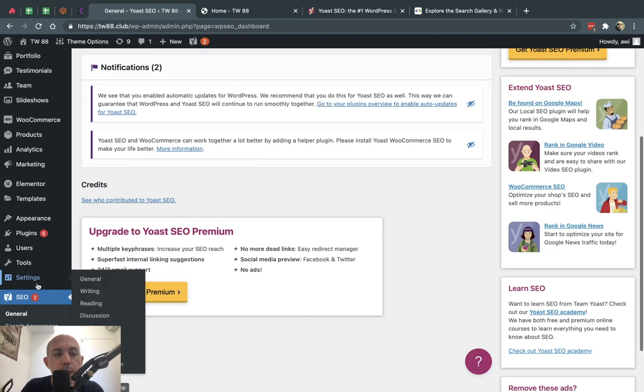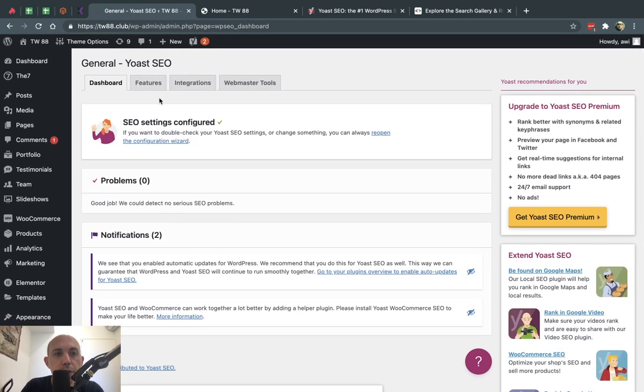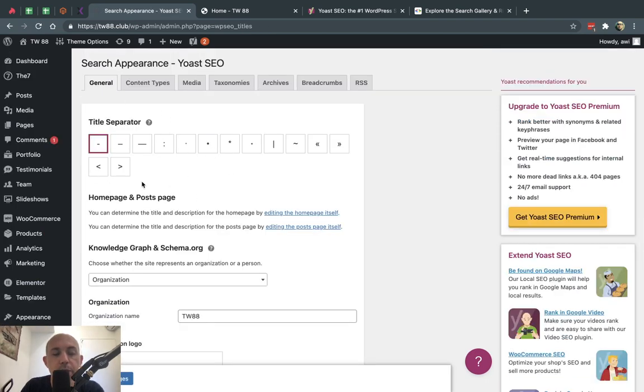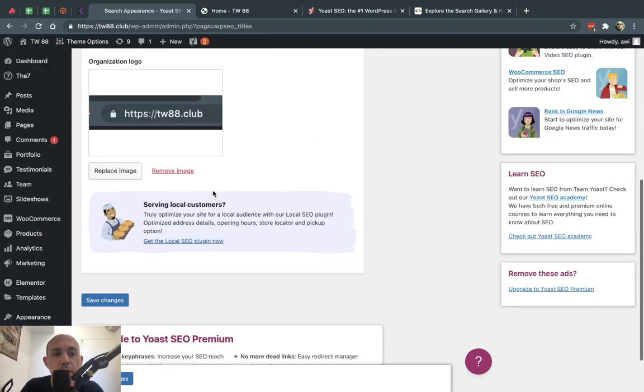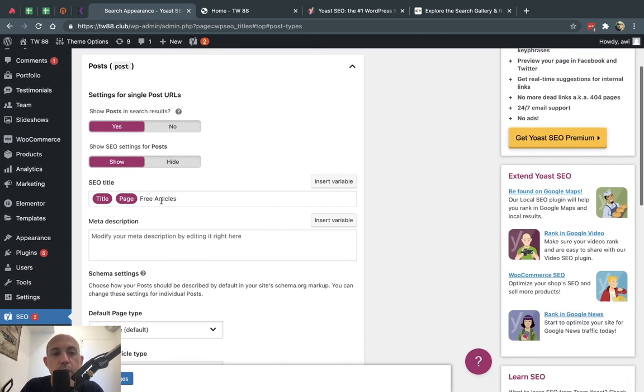Now, everything we just did, you can actually change here. So if I go to General, let's go here, Search Appearance, you'll be able to see the things that I just specified, right? The structured data, the title separator, all of these things, right? You'll see here content types. Do I want to index? Yes or no? So regarding the template, if you remember us talking about it.